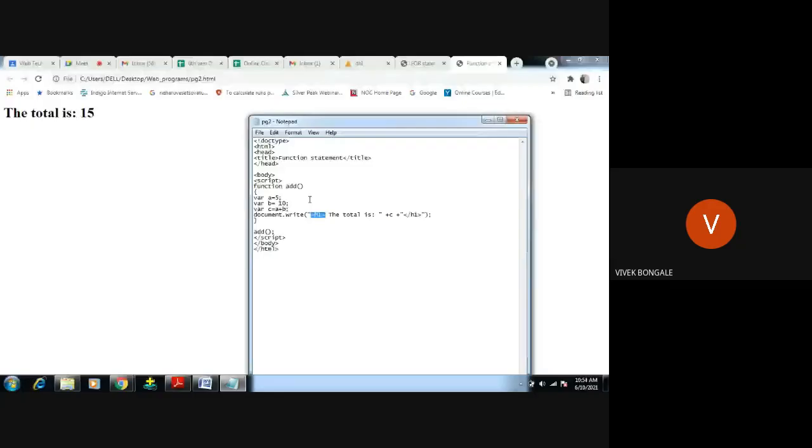Now we're going to use parameters, so we're going to pass parameters to this function. How to pass the parameter? Here, instead of directly giving values, we're going to pass parameters. As many parameters as we want, we can pass here, like a equal to 5, b equal to 2, c equal to 3, d equal to 4, e equal to 5. We have to return the value of c here.